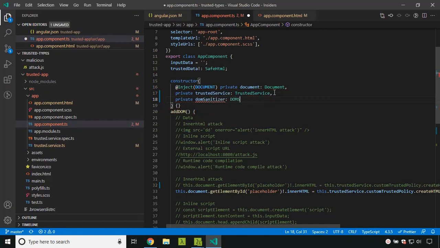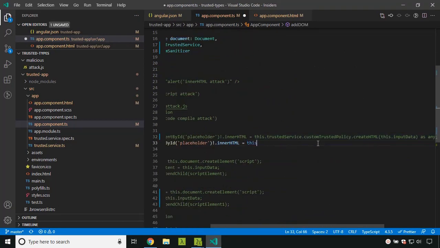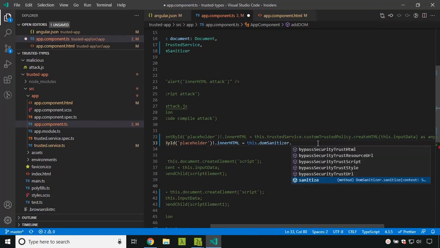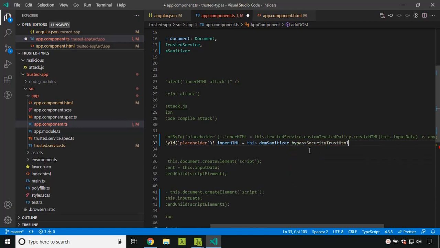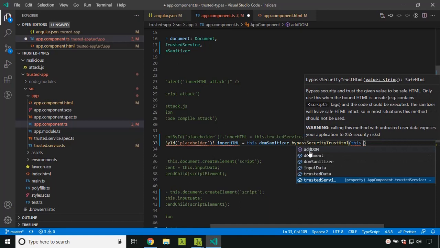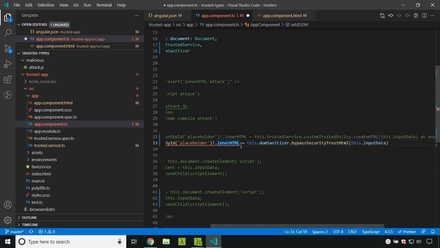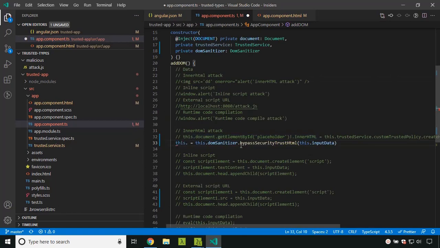You can mark certain HTML as trusted. Here you can see something called bypass security trust HTML. In some cases you might be doing this bypass security. Here you can pass the input data, and instead of assigning it here I will be assigning to the trusted data.